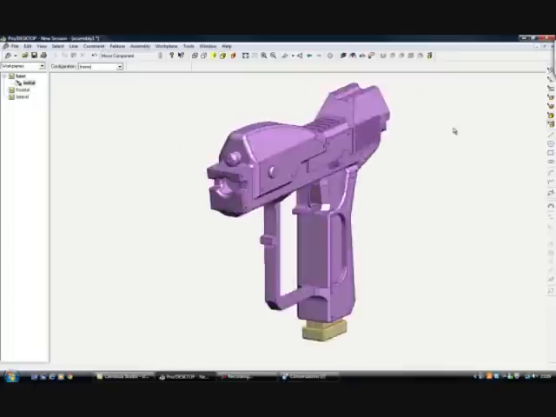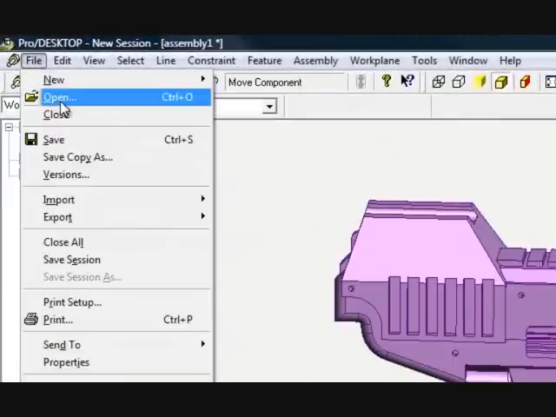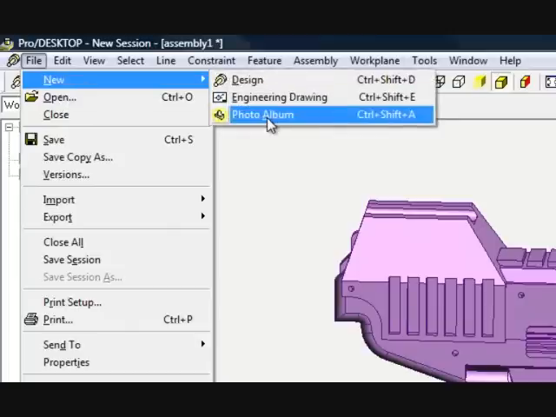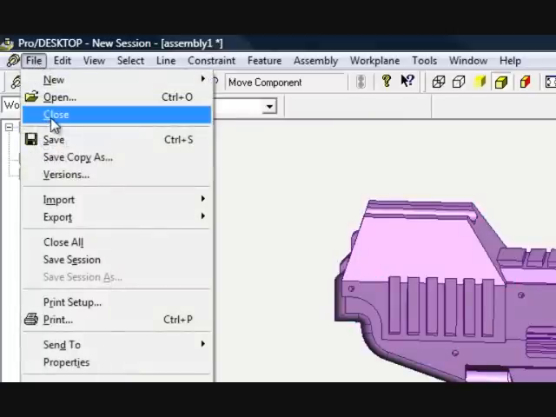The other part of this package is something called Photo Album, and what Photo Album allows you to do is create an image that is photorealistic, so it looks as close to the real thing as possible. So if we just close that one for a second,